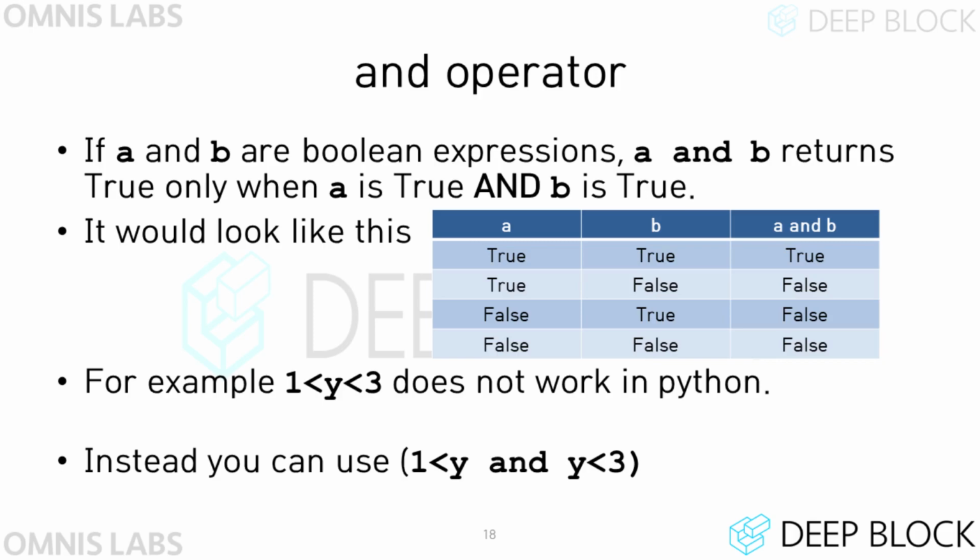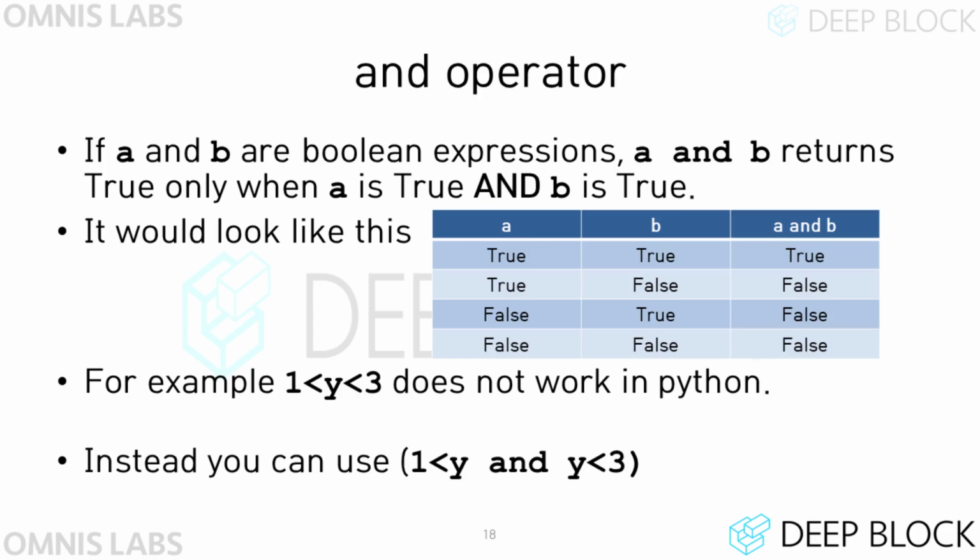So what if we want to express the condition that the variable y is greater than 1 and less than 3 in Python language? Unfortunately, unlike in math, you can't write expressions like 1 is less than y is less than 3 in Python. Instead, we can divide it into 2 expressions. Then you can use the AND operator as shown in the slide to express the condition. The AND operator allows us to create a conditional expression that considers multiple conditions.